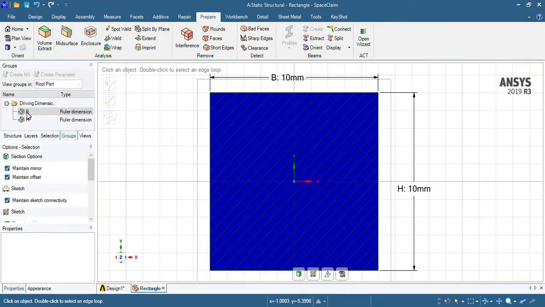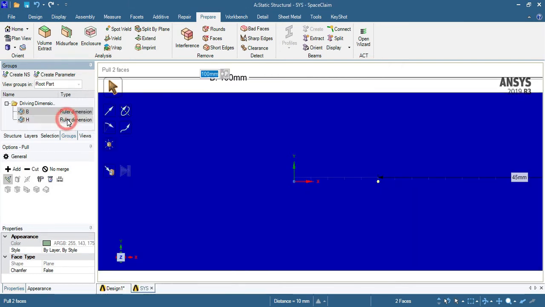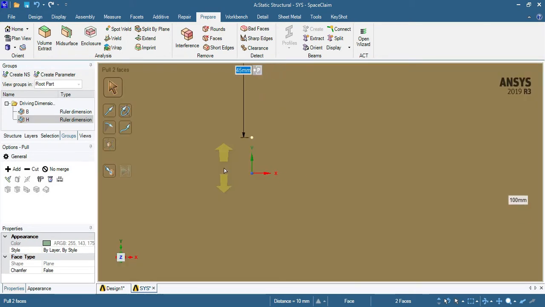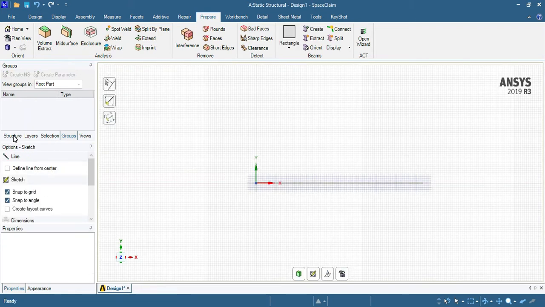This B indicates the width, H the height. (100 mm) enter. (100 mm). So this is 100 by 100. Close it.